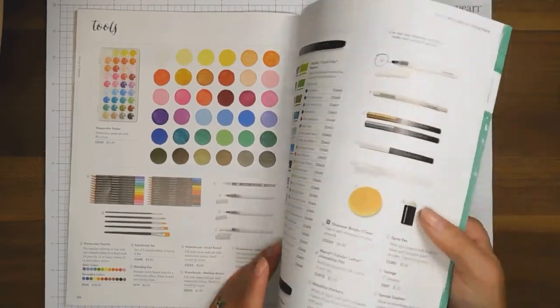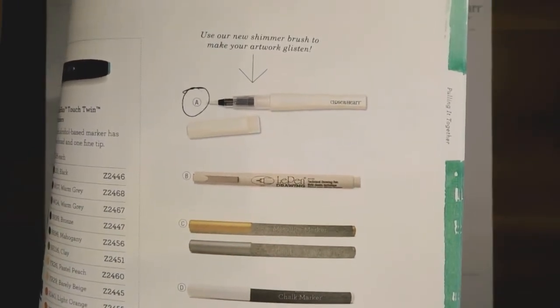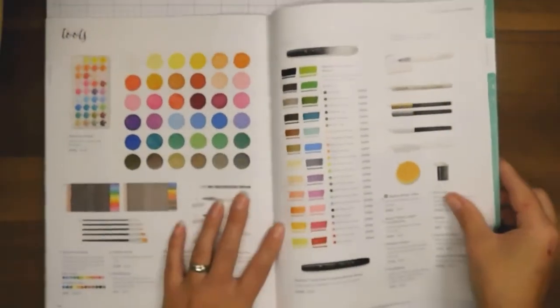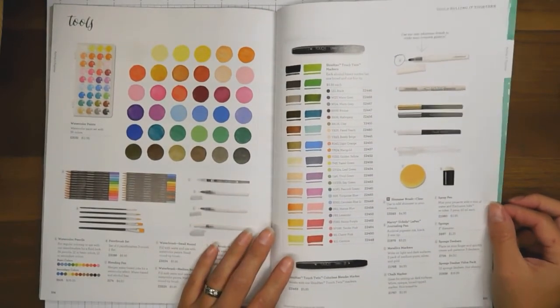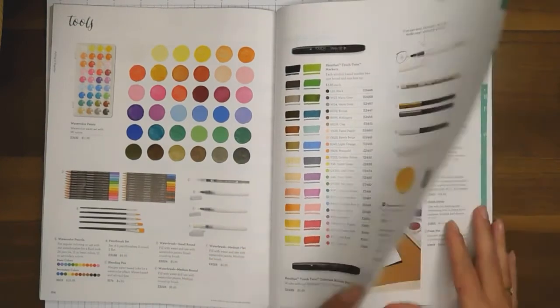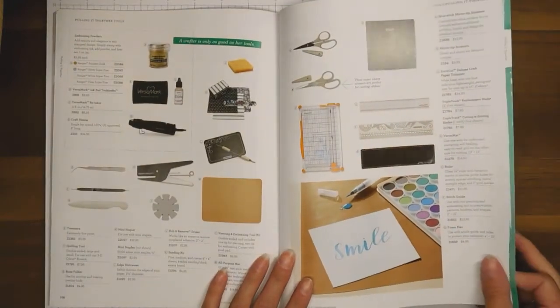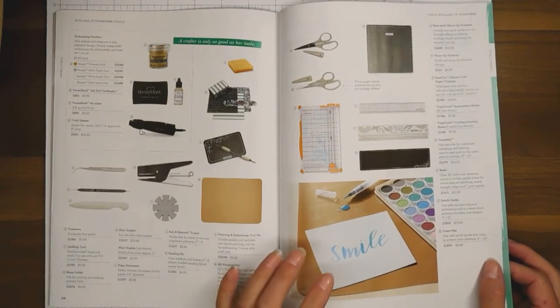And then over here, I want to show you. See that? Yup, that's a shimmer brush. I'm so excited. So I got me one of those too. And then we've got a drawing pen and metallic markers, chalk markers, and our embossing tools and tweezers and all kinds of